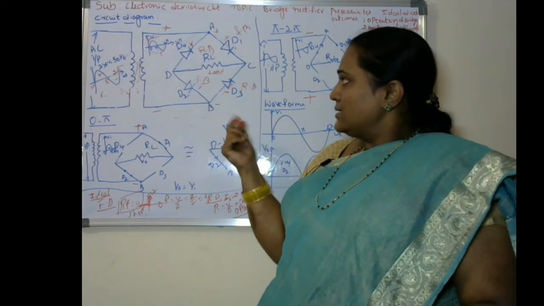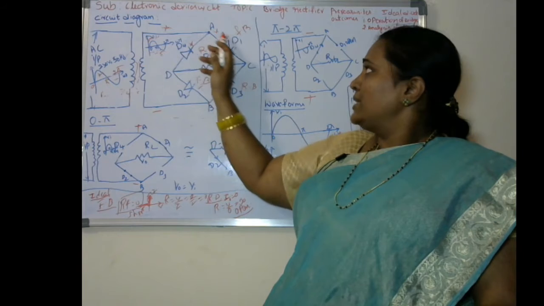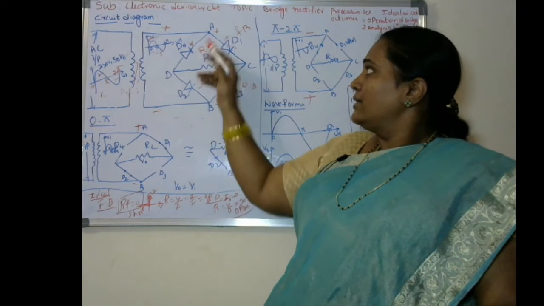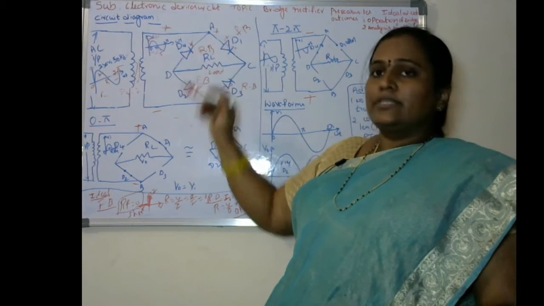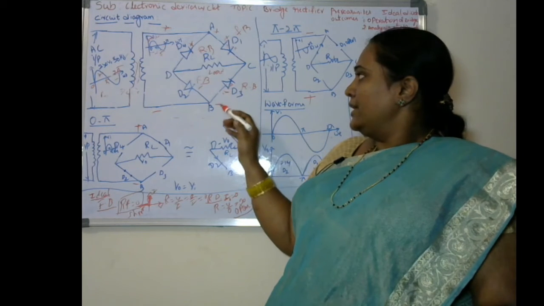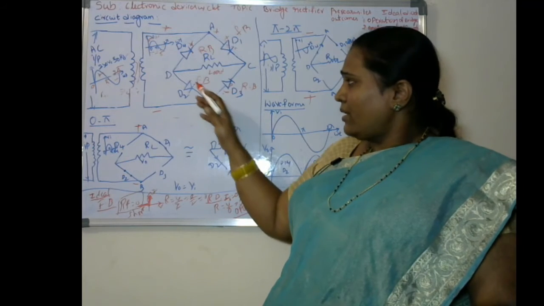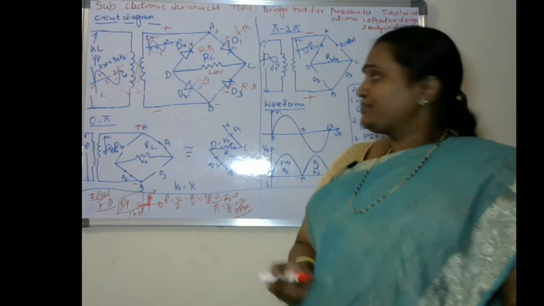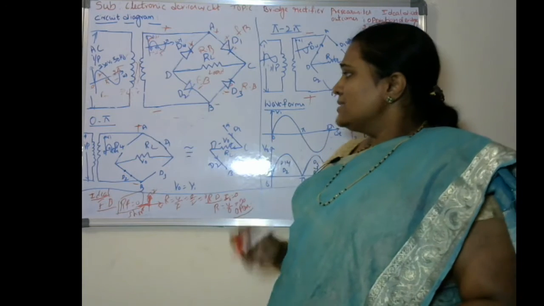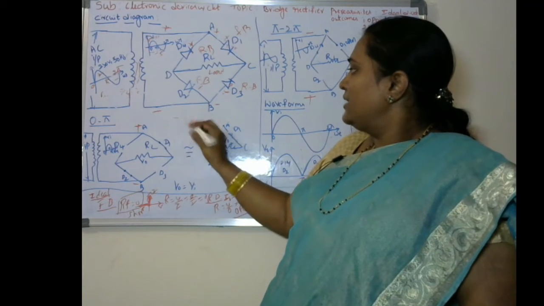By seeing the signal itself, we can say directly that where the positive is there, it will be forward, and where the negative is there, it will be reversed. Here negative is there, so the P goes for the reverse case, and here the same, nothing but the forward case. So we can say in this 0 to pi case, the D1 diode